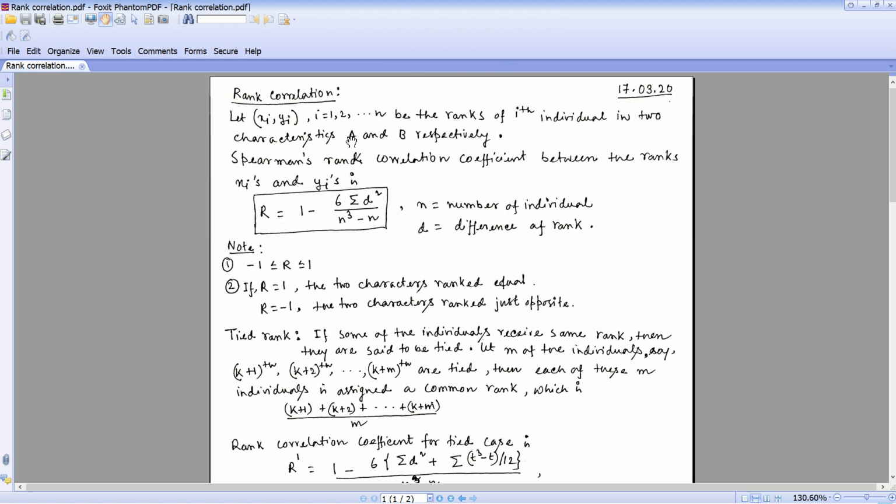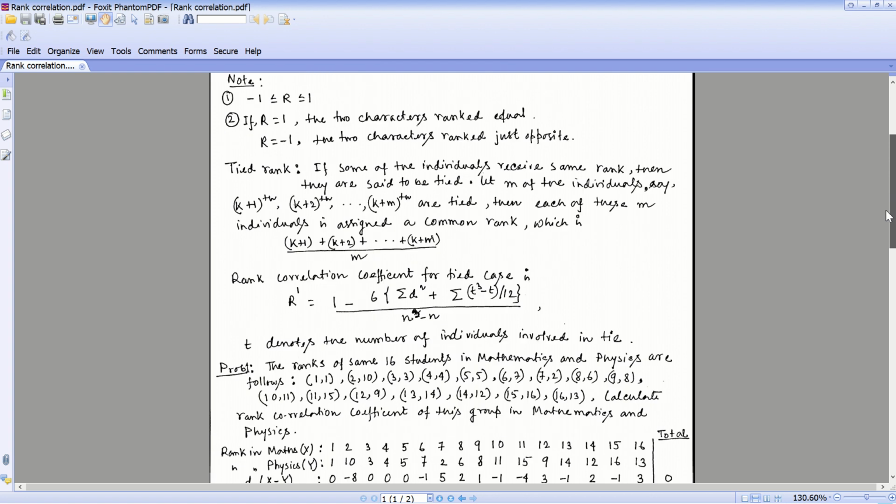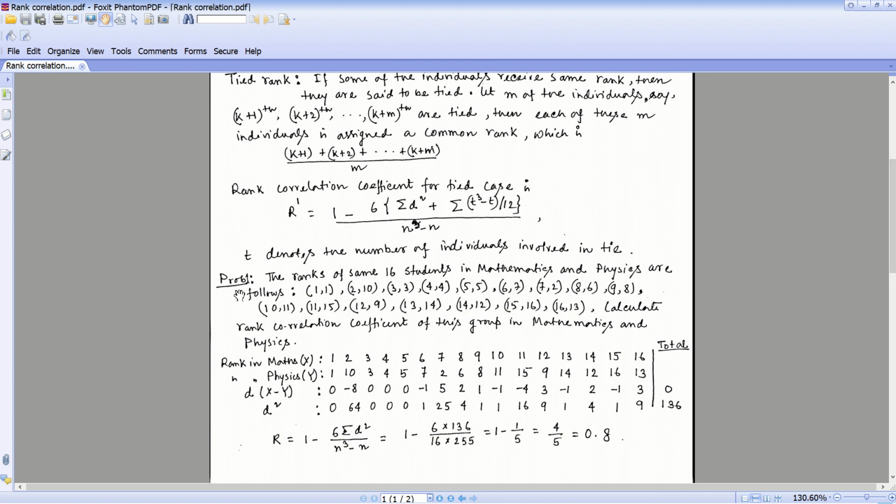Here I am going to explain how to find out rank correlation. So here I took one example in problem 1. See, the ranks of some 16 students in mathematics and physics are as follows: 1, 1, 2, 10, like this way, 16 ranks are given. That means in the first